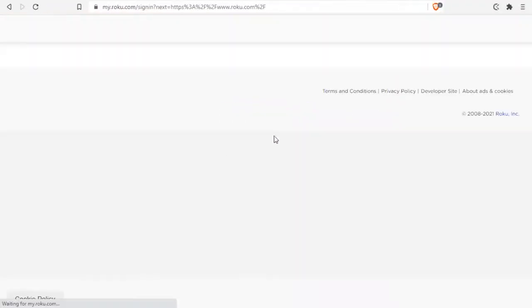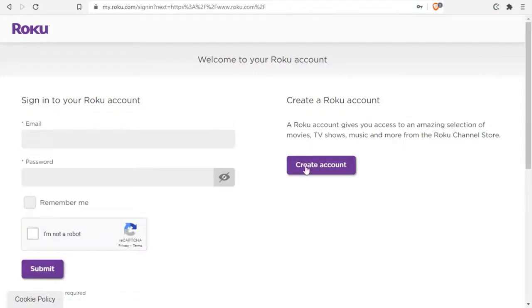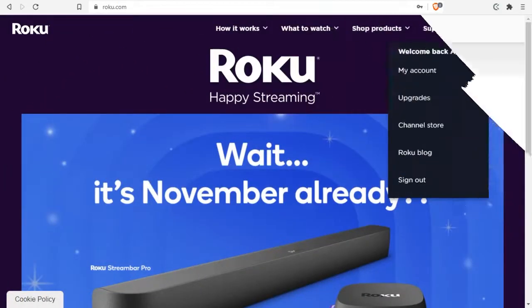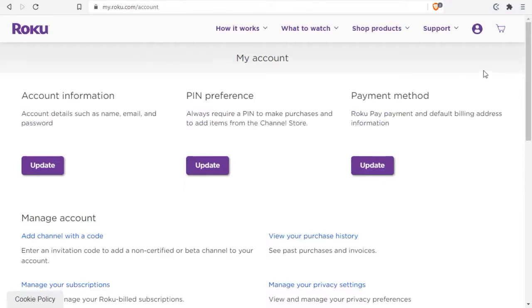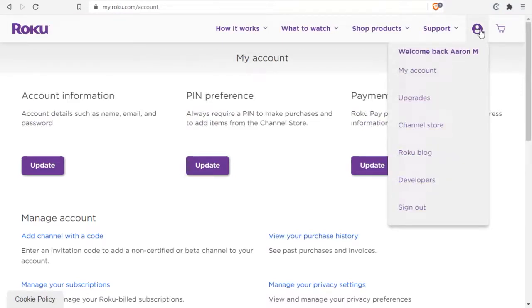If you sign up for a new account, everything is the same. Click on login and sign up. The changes are visible after you sign in or finish the sign up process. After you log in, you need to access firstly the My Account tab in the right drop down. Then again, in the right corner drop down, select Developers.